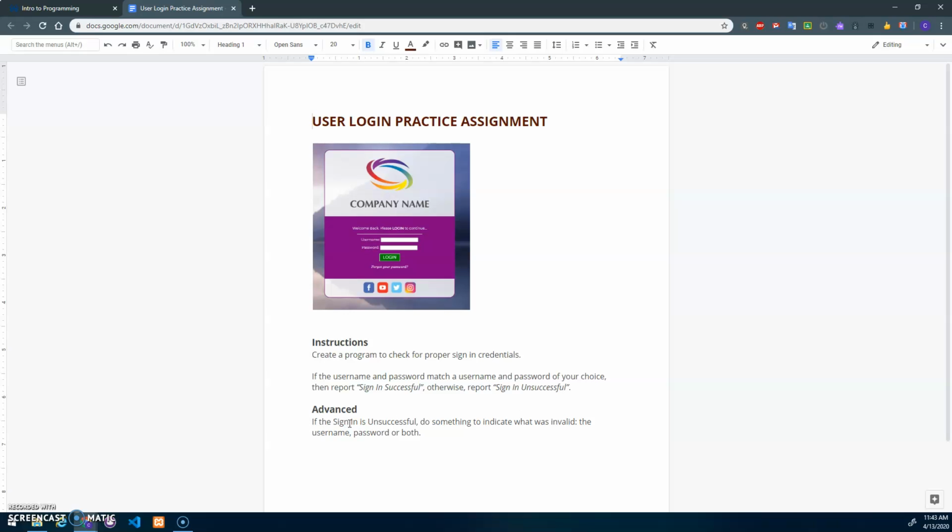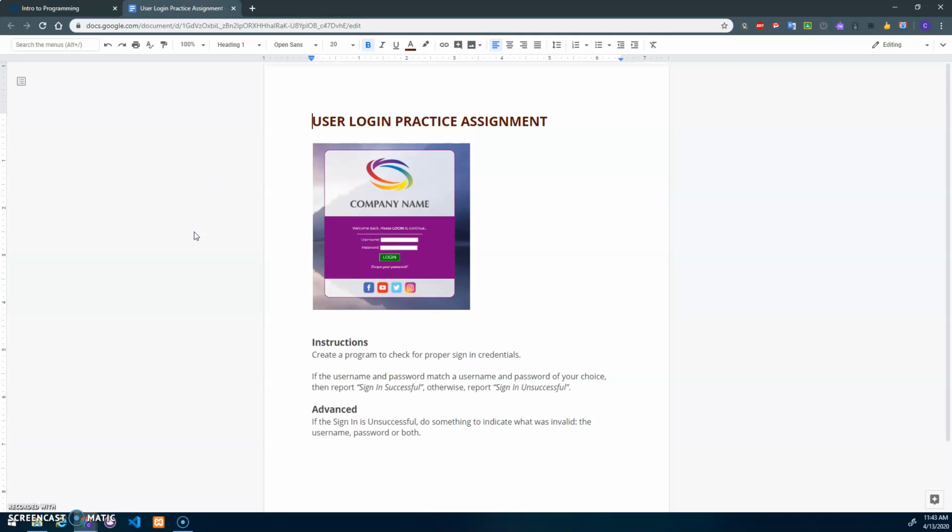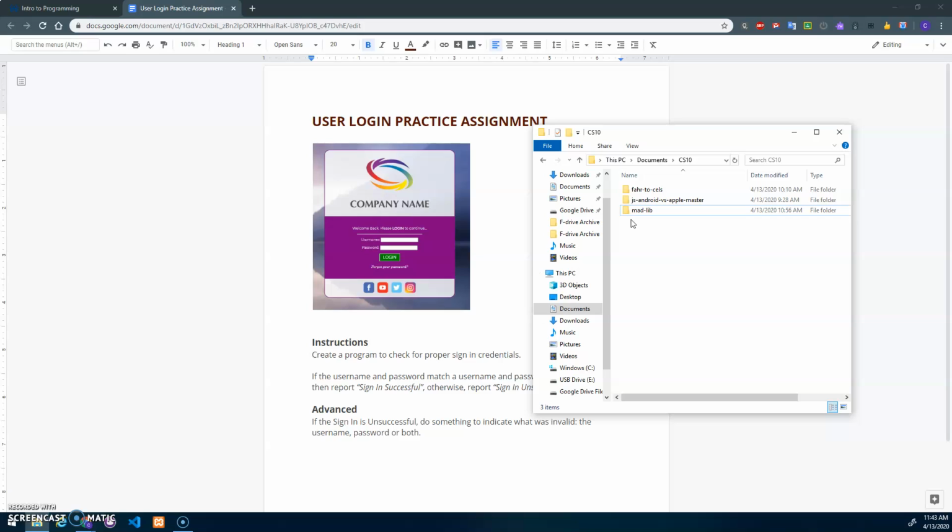And there's an advanced version here. Oh yeah, to whether it's in what's invalid. Was the username invalid? Was the password invalid? Was the username correct but the password not right? Were both of them wrong? That kind of stuff. I think I'll just do the basic one and leave the advanced one for you to figure out. Okay, no start code for this one again, so we will just rock and roll and make a